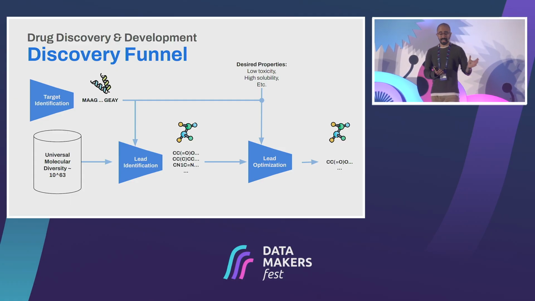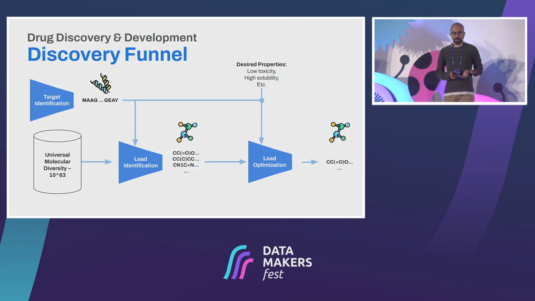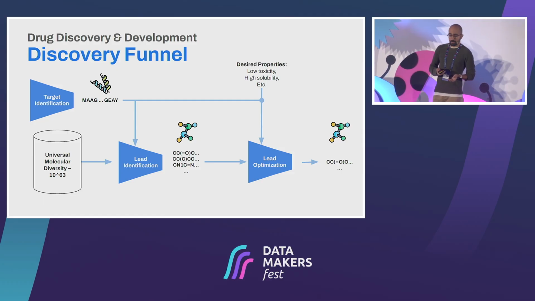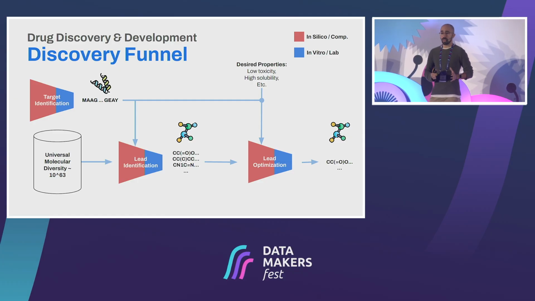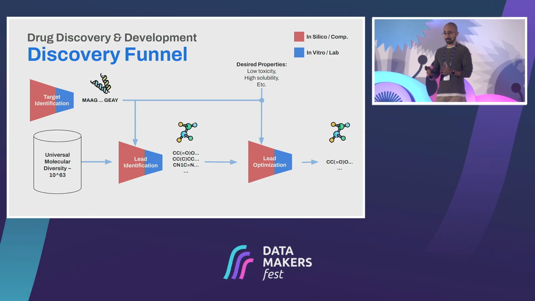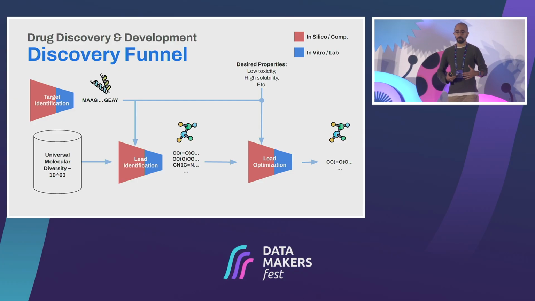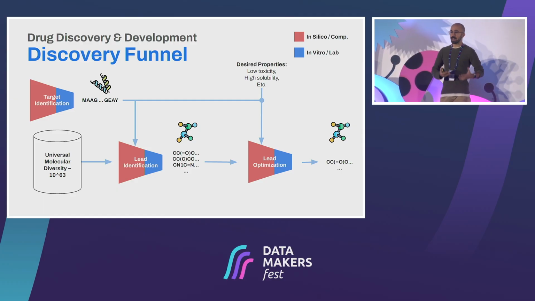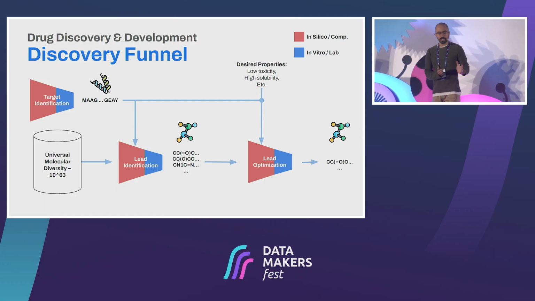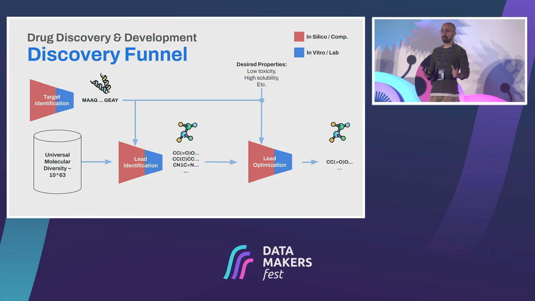But the thing is that all of these funnels involve a lot of lab experimentation, which is expensive and time-consuming. And so where AI and machine learning come in is as a way to allow us to scale these funnels, right? So the whole idea about computational methods like AI, machine learning, but also simulation, is that you can cover the initial part of these funnels